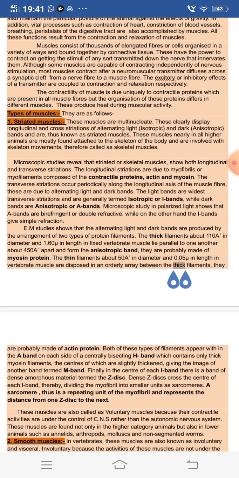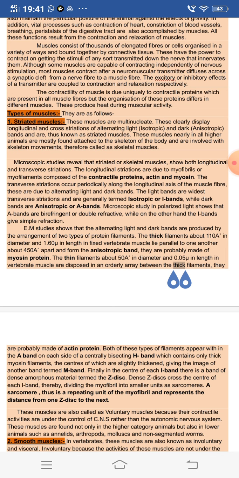Microscopic study in polarized light shows that the A bands are birefringent or doubly refractive, while the I bands are simply refractive. So the isotropic bands are also known as the light bands, which are composed of the actin filaments, the thin filaments, and the anisotropic bands, the A bands, are composed of the thick filaments, that is the myosin